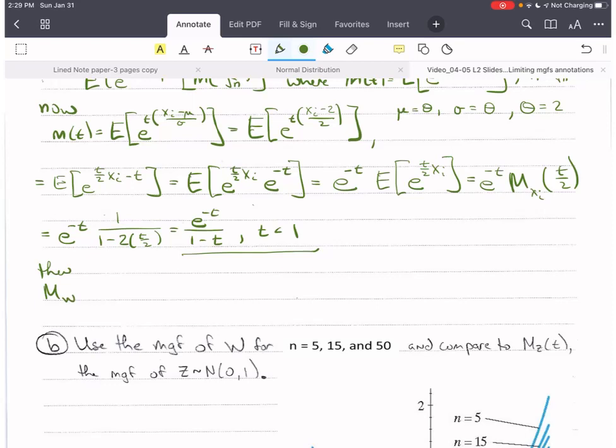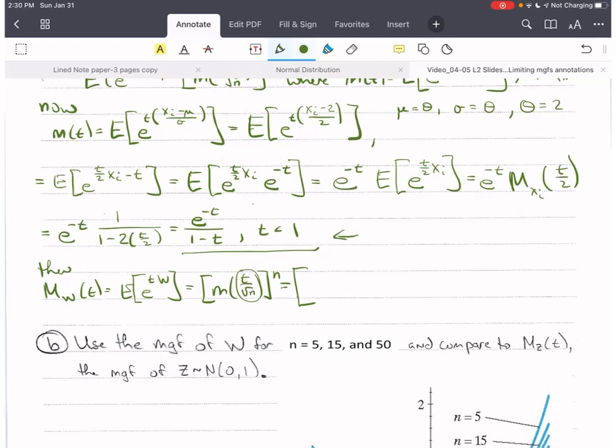m of w of t is equal to E of e to the tw, which is equal to m of t over the square root of n, that quantity raised to the n. Now we substitute, remember we have to substitute t over the square root of n into what we had up here. And so we end up with e to the negative t over the square root of n divided by 1 minus t over the square root of n, quantity to the nth power, okay? Because we have to raise it to the nth power, which we can write as e to the negative t over the square root of n raised to the nth power, so we multiply exponents there, and then 1 minus t over square root of n to the nth power,